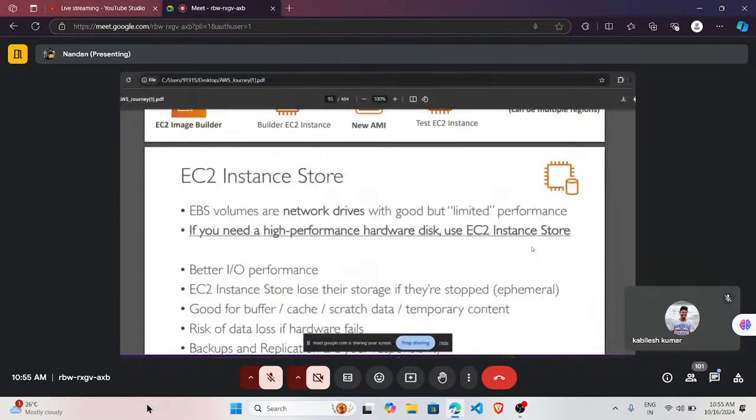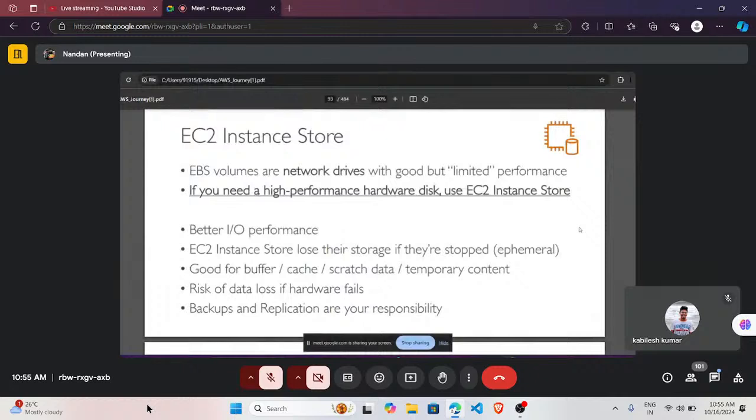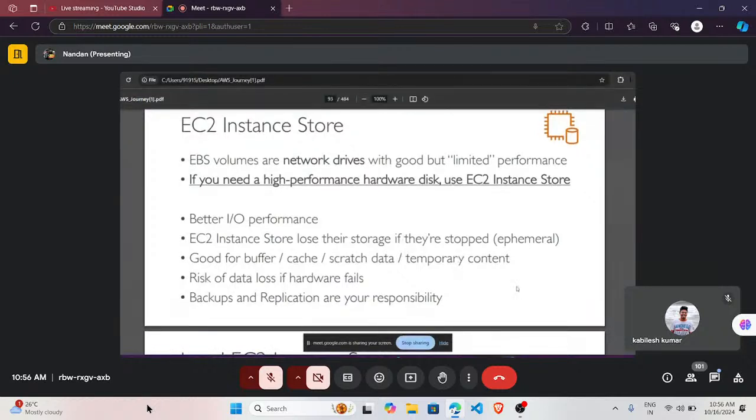Then moving on to the instance store. As we saw before, EBS volumes are like network drives, but they have a low bit latency, and the performance of the EBS volumes is limited because of the network drives used, okay? If you want high performance volumes or storage, you have to go to the instance store, okay? It's a high performance hard disk that can be attached to the EC2 instance, okay? Compared to EBS, it has better performance and good cache buffer, but it is temporary content, with a risk of data loss if hardware fails, okay? And backup and replication are our responsibility in the EC2 instance store. Okay,